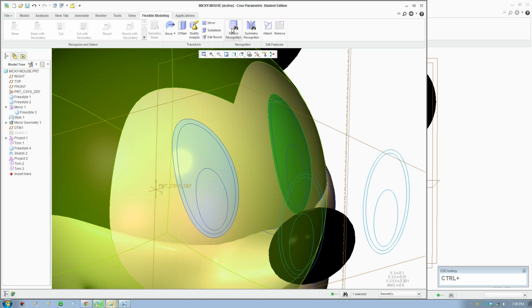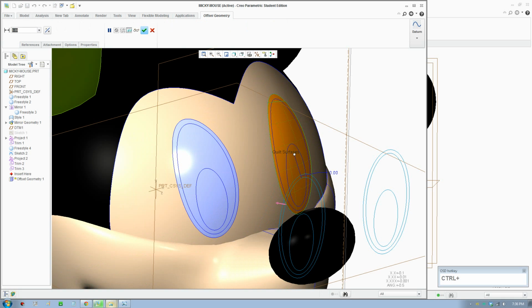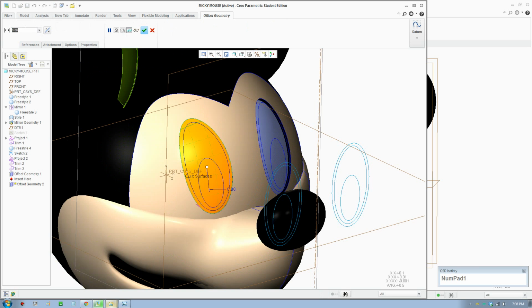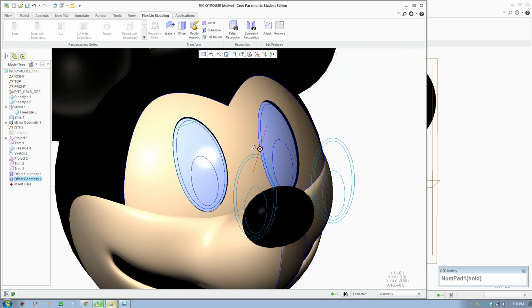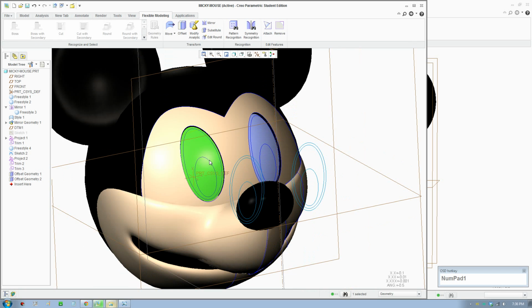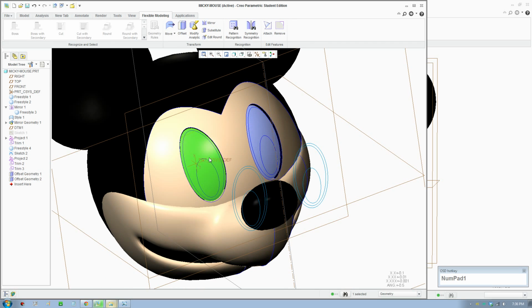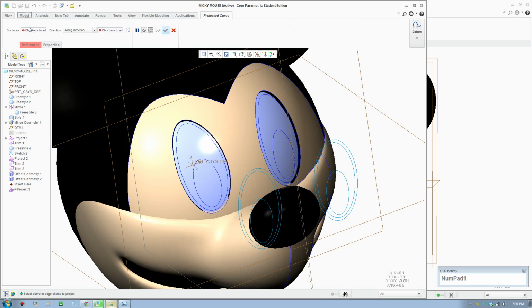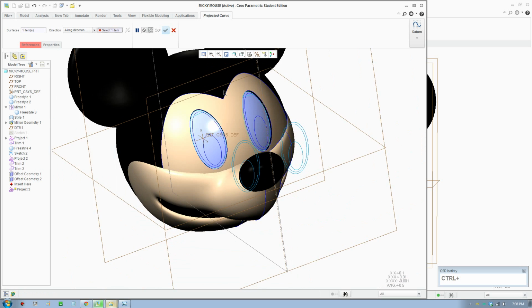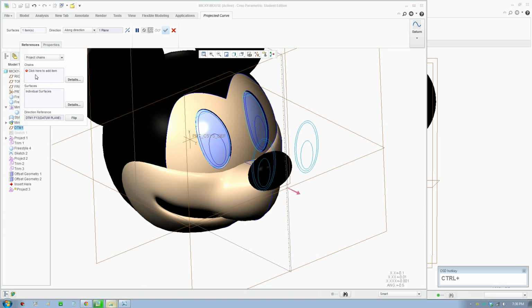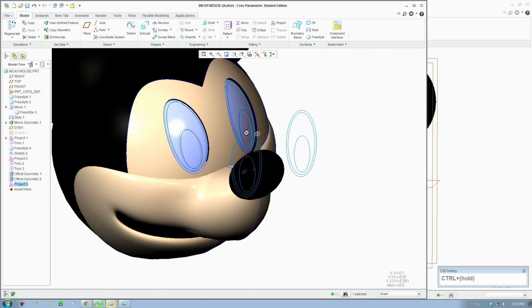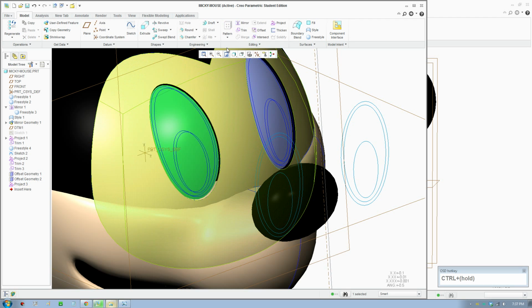What happened there? We just try that again. Offset 1 and enter, accept that. Do the same over here, offset 1 and accept. Okay, so we need to project these curves again, so go back over here, click project, click the surface, that one. So click the direction and click the chains, which is the curves, that one and that one. Accept. Okay, so go in and trim again, select the surface, trim,